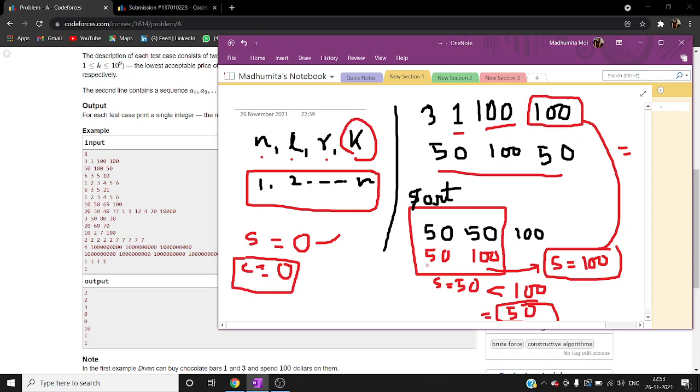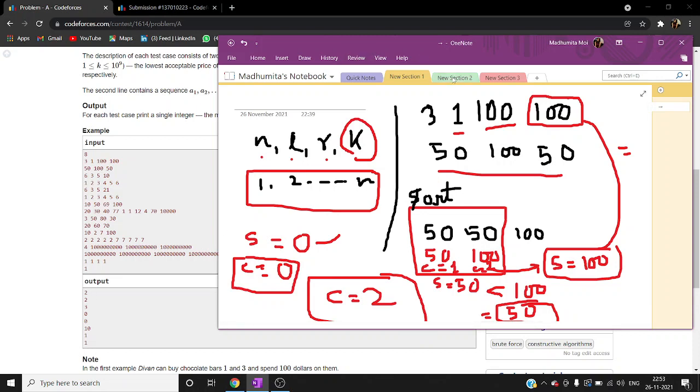So what about C? C here is going to be 1, and C over here is going to be 2, and as soon as S comes over here, before that it checks that the sum has already reached his maximum amount, so it's not going to go to 100, and here we have a break statement. So the number of chocolates he can buy with that $100 is C equals 2, and that's the answer, and it's already given in the output as well.